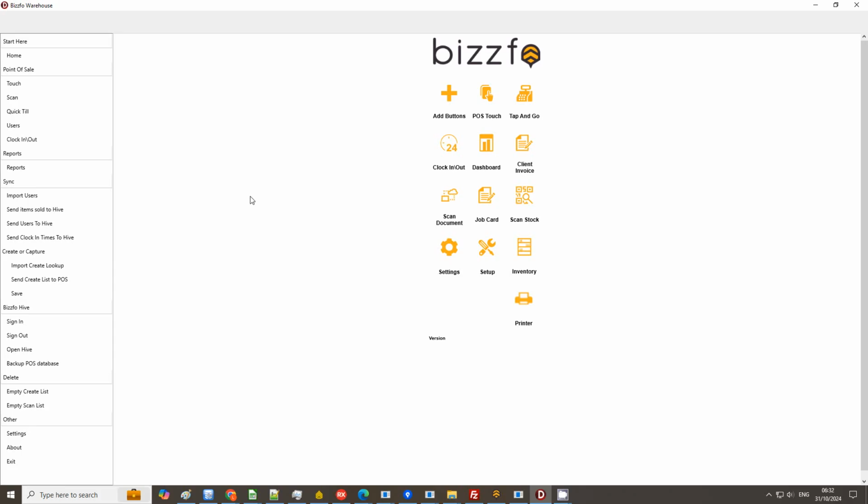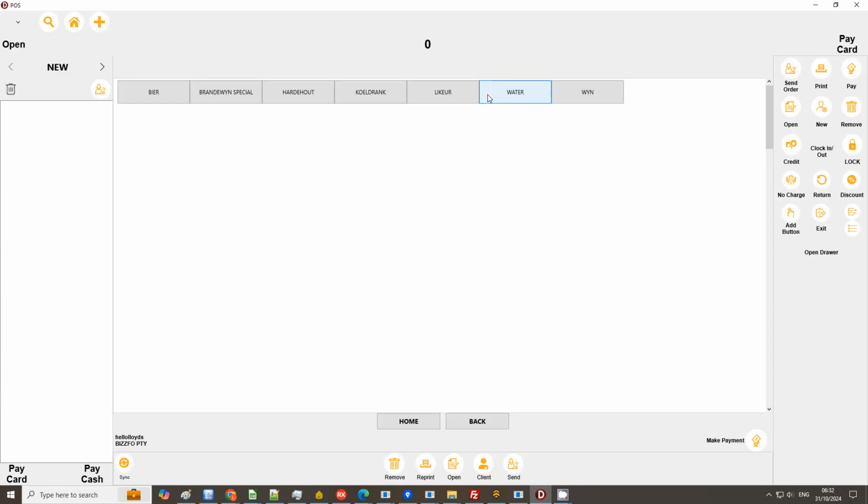I want to focus on just a quick demonstration. There's a lot of menu options. We're not going to go through all of them. I have done the initial setup of the point of sale itself, and this is the actual interface when doing transactions. So the main focus is just, let me show you. We've got a menu set up. We've got some beers, brandewyn special, harde hout, koeldrank, liqueur, water,